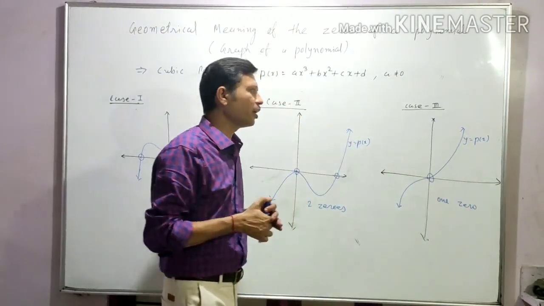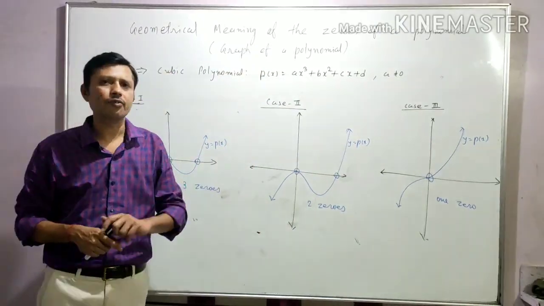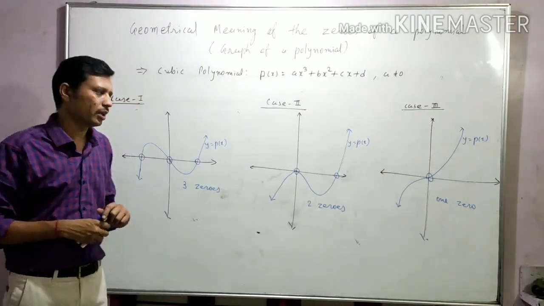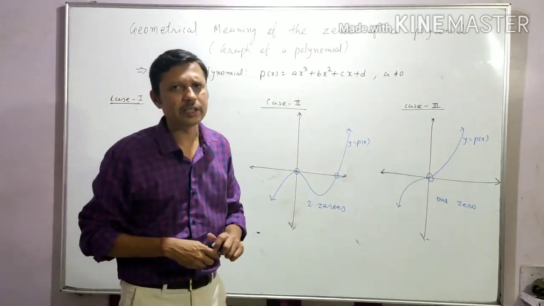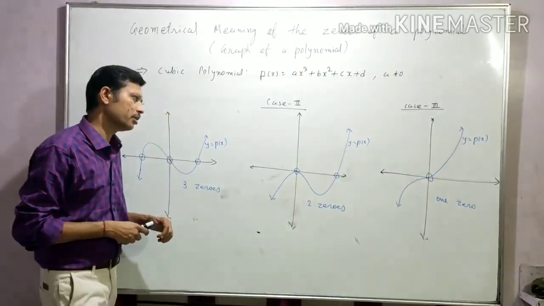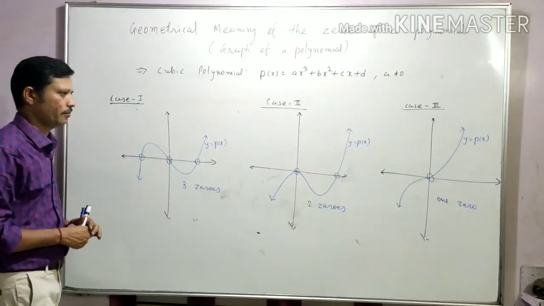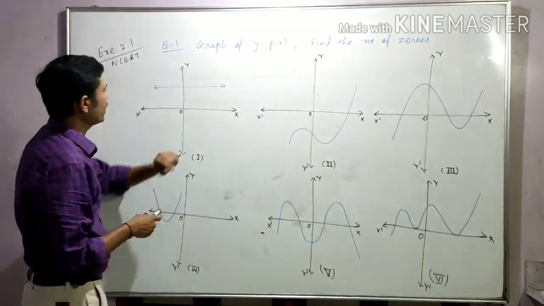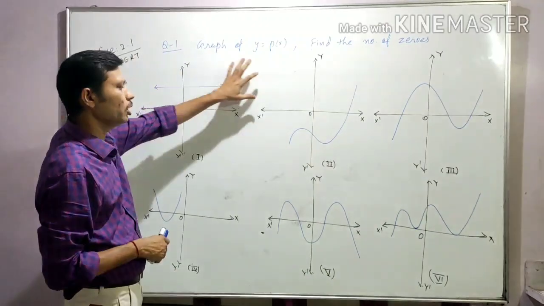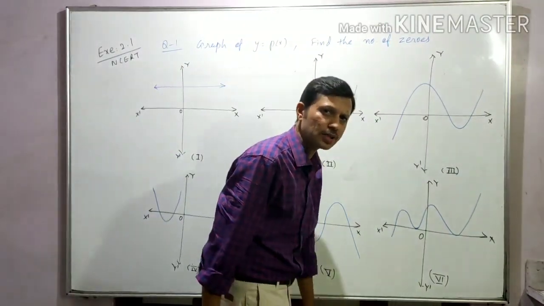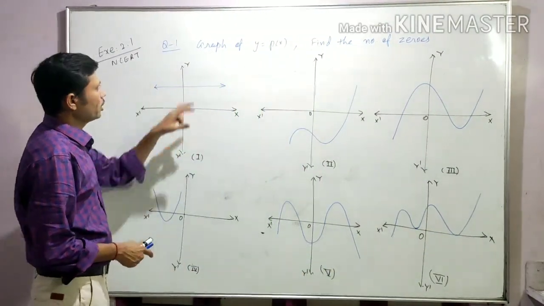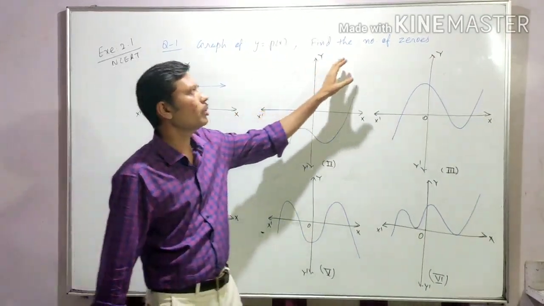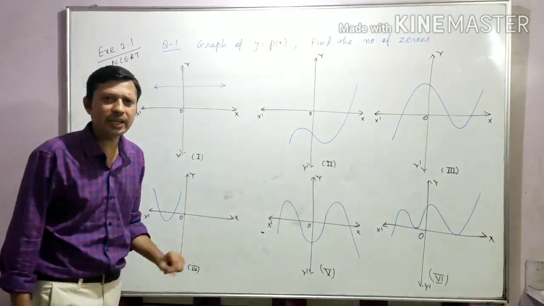Now after understanding all these different types of graphs, our chapter's exercise 2.1 is specifically related to the graph, which we can understand easily. Now let's discuss that exercise. After understanding the graph, we will solve exercise 2.1. There is only one question, but 6 different graphs are given to us, right? And each one is a polynomial in variable x. So we only have to check how many zeros there are in all these graphs.